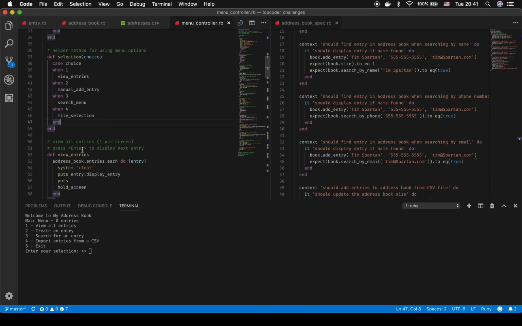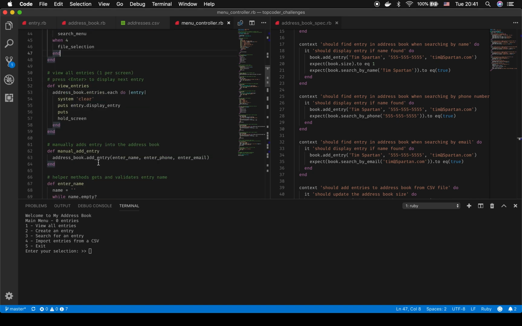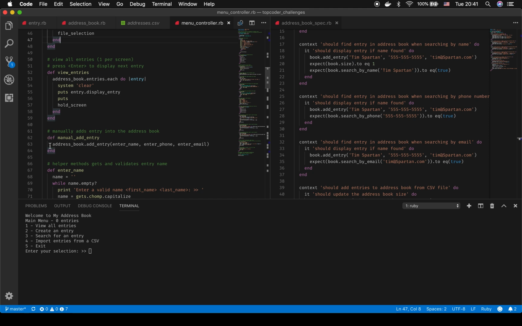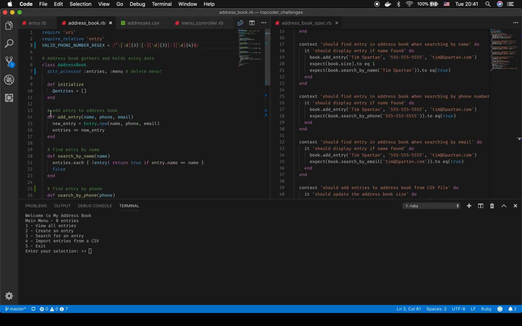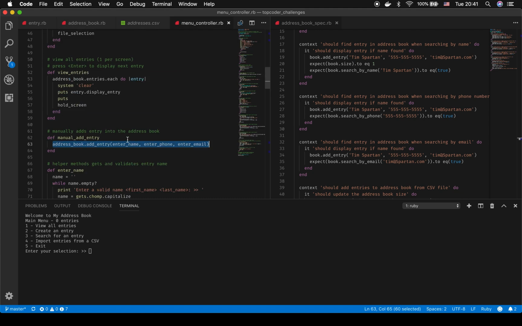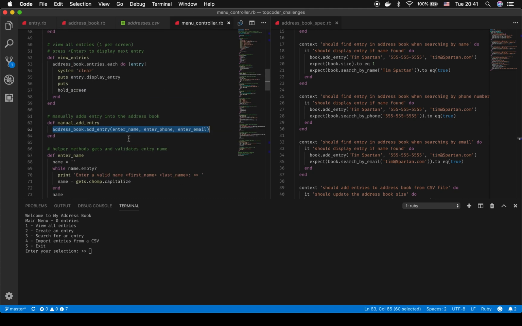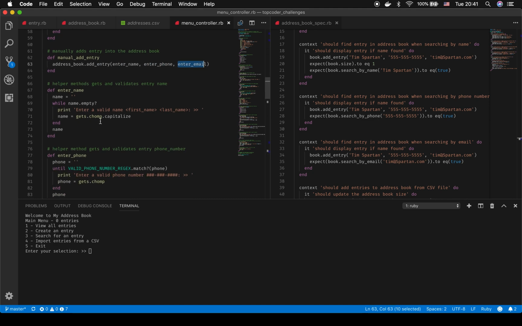Then selection 2 was manual add entry. So here we're just adding an address book entry, and so if we go back to address book, again, notice the add entry just adds an entry to the address book. Now this add entry calls 3 helper methods: enter name, enter phone, and enter email. And again, these helper methods, enter name,